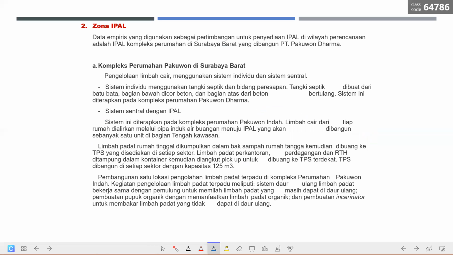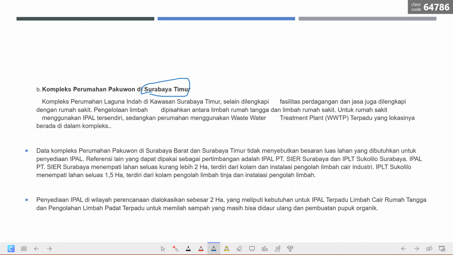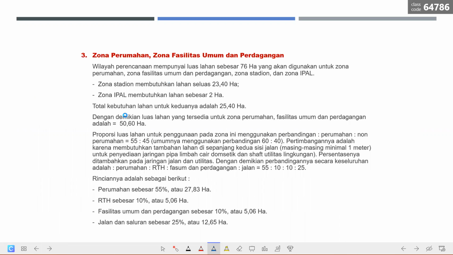Again, for the water treatment and waste facilities, the designer decided to reflect on similar case studies. Here, they studied ones from the housing development in West Surabaya, and another development in Eastern Surabaya. And likewise for the other facilities, for the housing, public facilities, and trade, they might already determine,